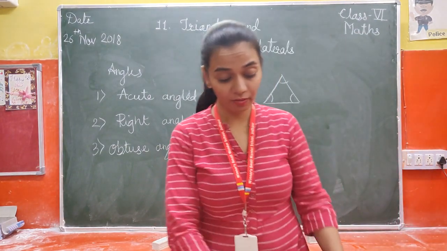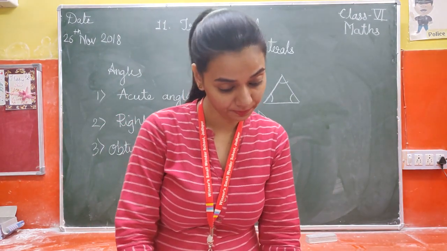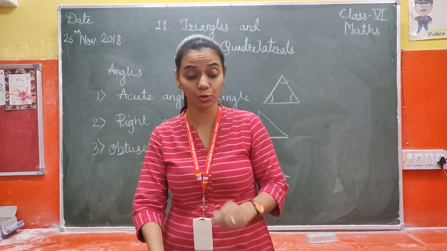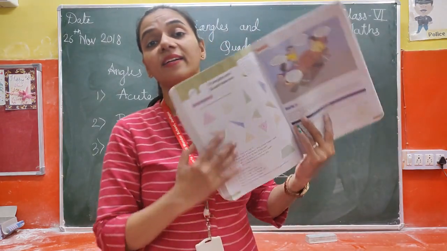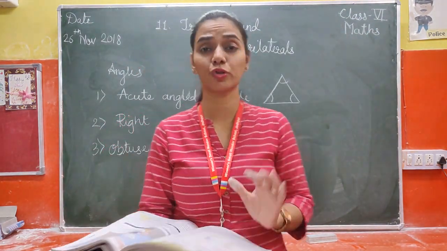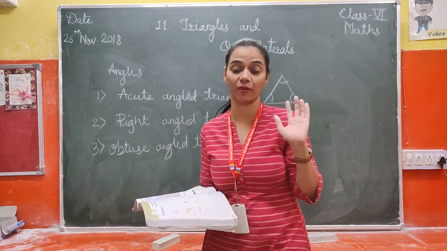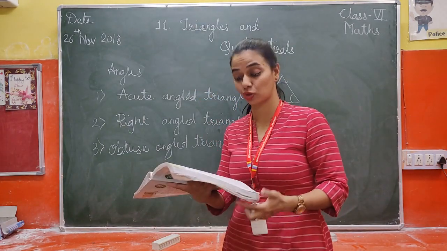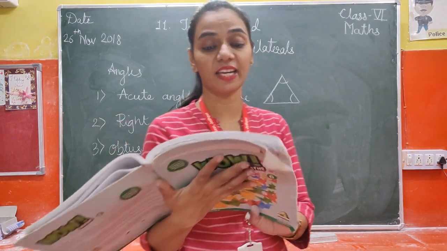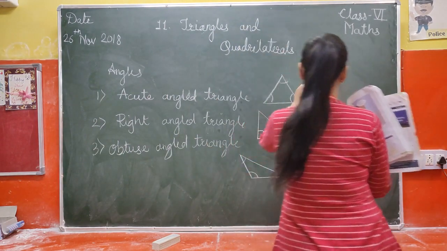Got it? Now they have given us one fun activity. Let us see and let us do it. Here on page number 192, please take out page number 192. Here they have provided us different types of angles. There are so many types of angles and they have asked us some questions. Now we know the types of angles and triangles, and we can easily classify them. So let us solve the question they have asked. What type of triangle is C and E? Can you see C and E here? C and E are like this.